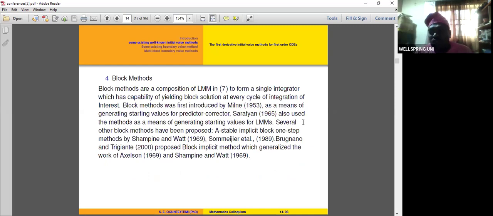We also have block methods, which are a composition of linear multistep methods in 7, meaning that you must have a minimum of 2 linear multistep methods coming together to form a block. You can have 3, 4, or 5 to form a single integrator, which has the capability of yielding a block of solutions at every cycle of integration of interest. We all know that the block method was first introduced by Miller, and many authors have worked on block methods. But our emphasis is on Chu and